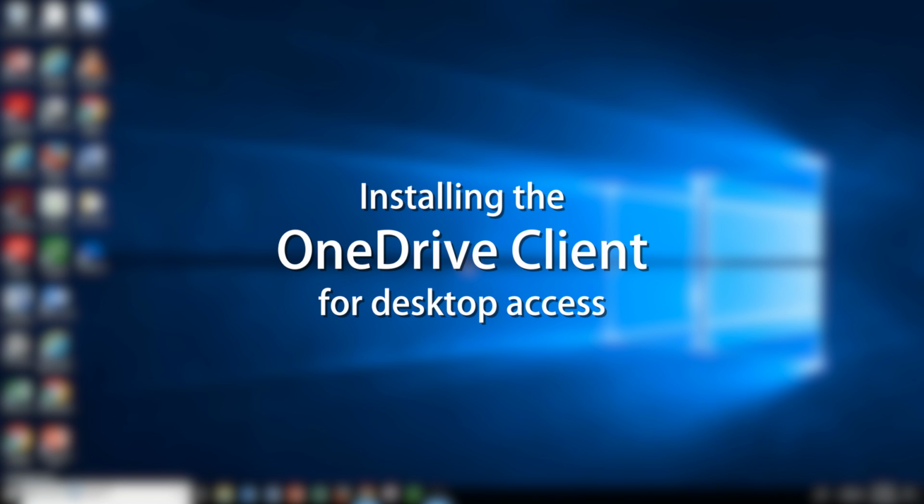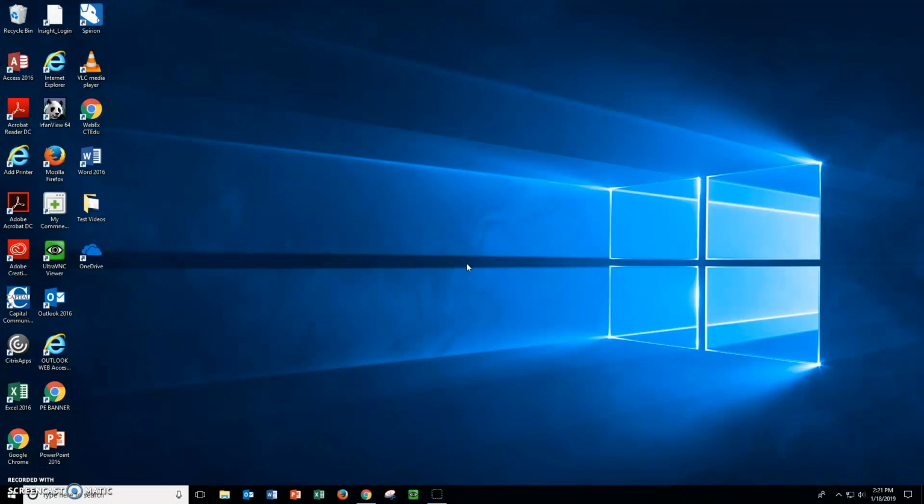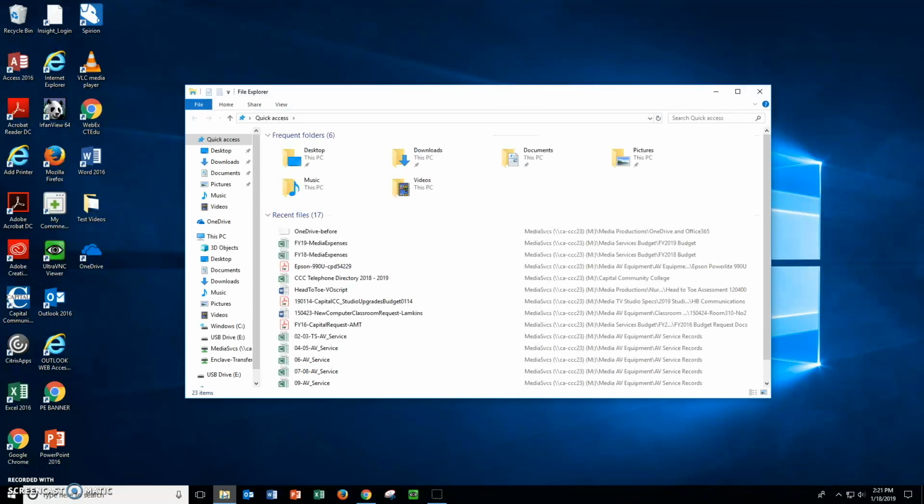This video will demonstrate how to install the OneDrive Client for desktop access to your OneDrive cloud storage. The first thing you should do is check to see if you are already connected to OneDrive. So simply open your File Explorer and look in the left column for